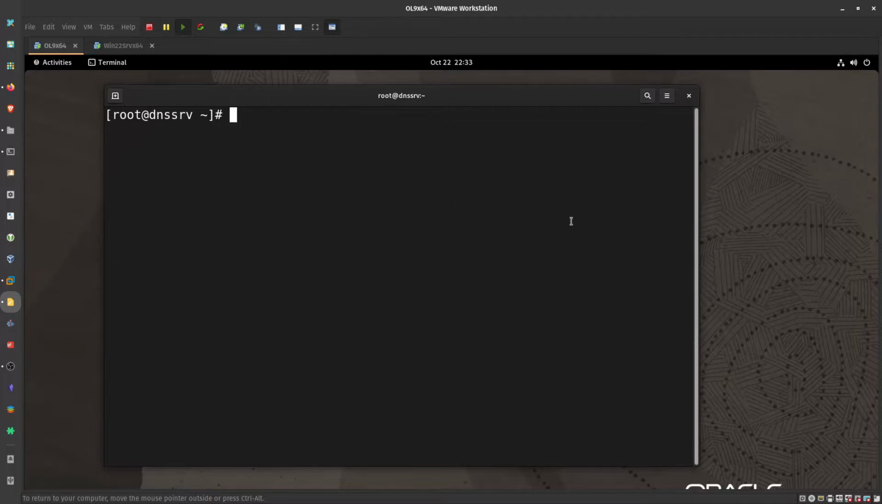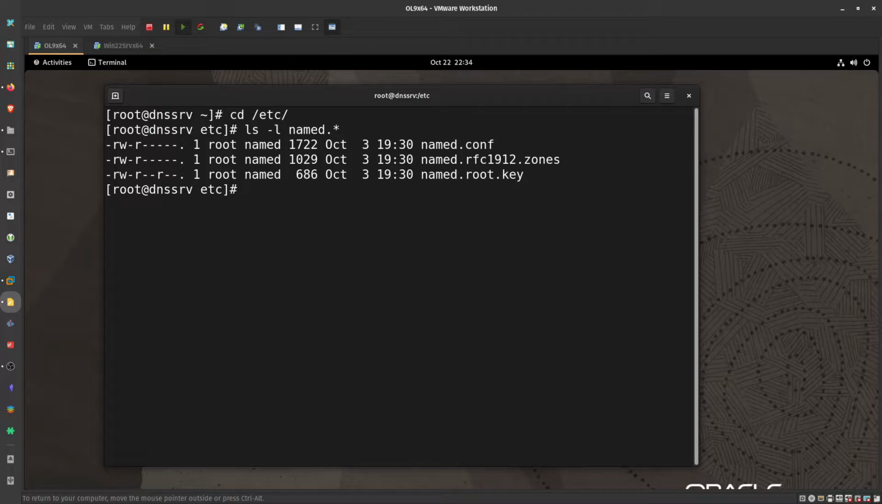Once we disable named, now we need to start configuring named.conf. We can find it in /etc. Let me just ls and make sure that we have named.conf. Let's see, we have all those files. We need to configure this one, but before we start configuring the named service by editing this file,